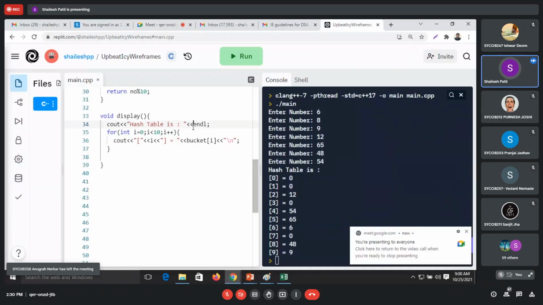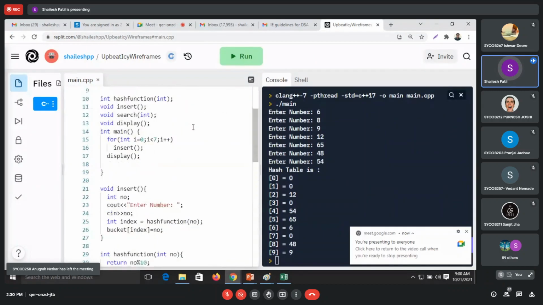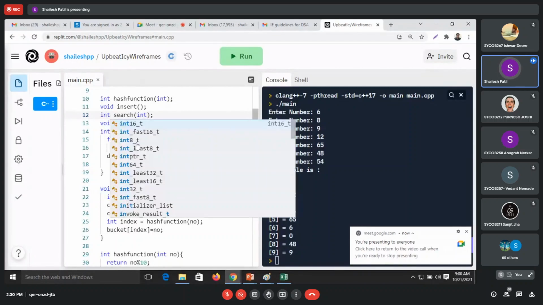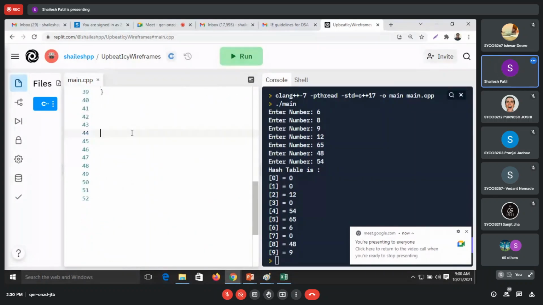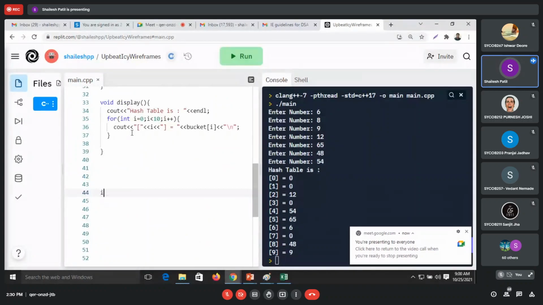Now we'll work on searching, so just tell me how to write the search function. The search function will return something, so I will write integer over here. We'll say int search. What we have to search is a number, so we'll just write number. And inside, what logic do we have to write in search?